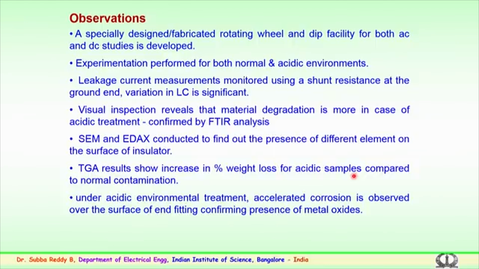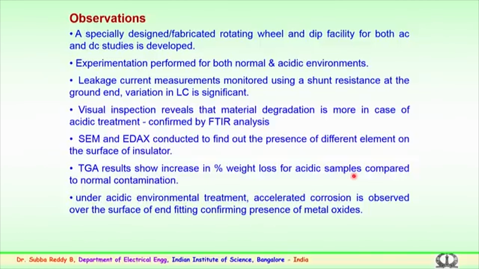Visual inspection of the samples before and after reveals that material degradation is seen more in the case of acidic treatment. This was also confirmed by the FTIR analysis, where in acidic conditions the rubber sample or silicon rubber composite material degrades earlier compared to the normal contaminants. So, care and importance have to be given to the composite insulators which could be used in that environment. SEM, scanning electron microscopy, and EDAX,